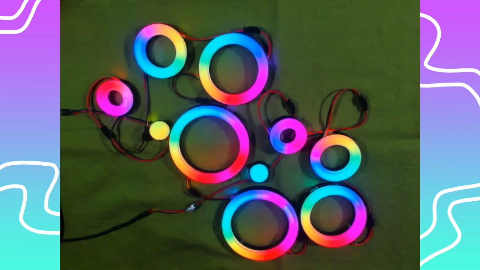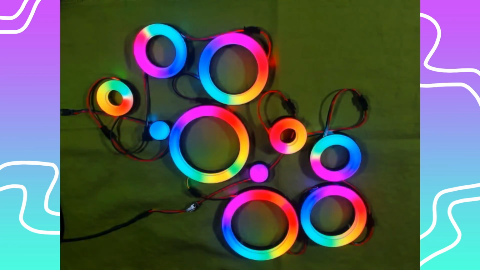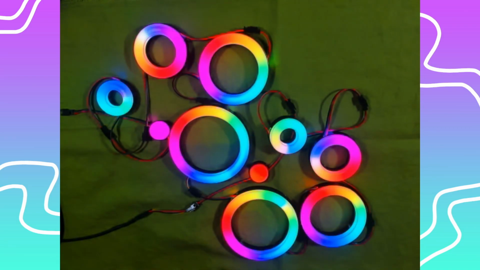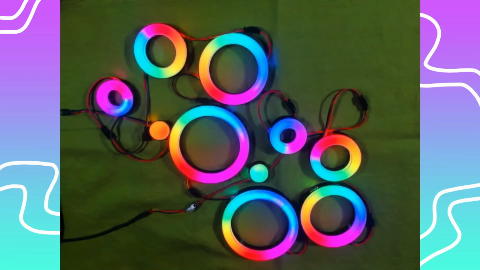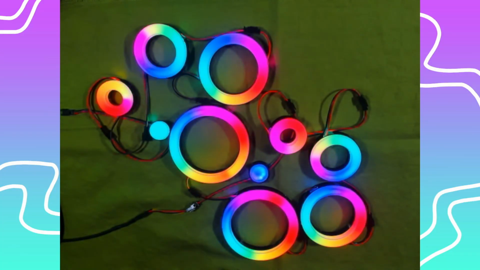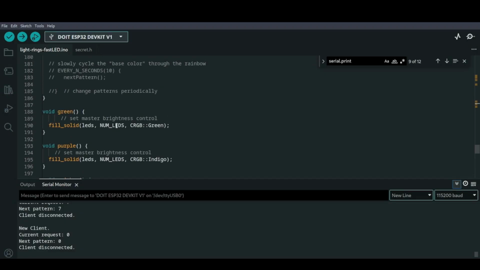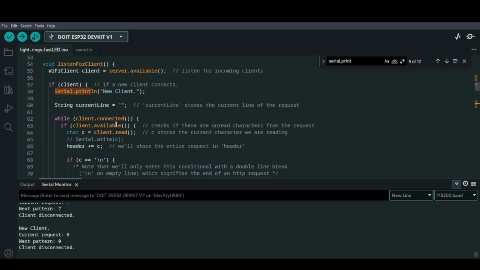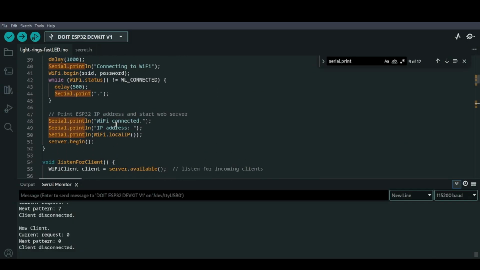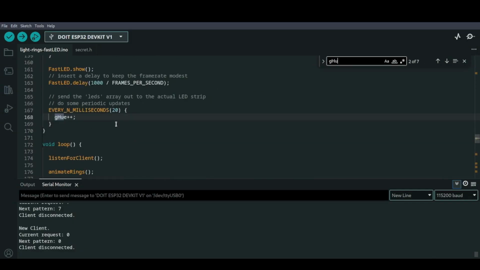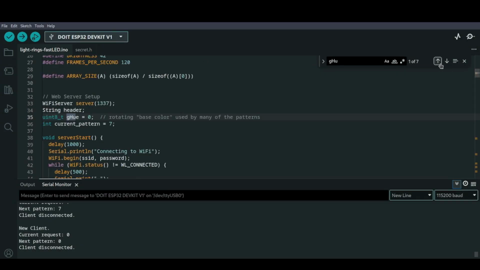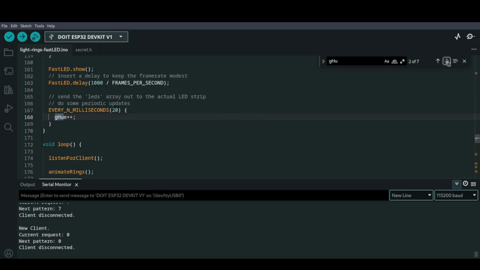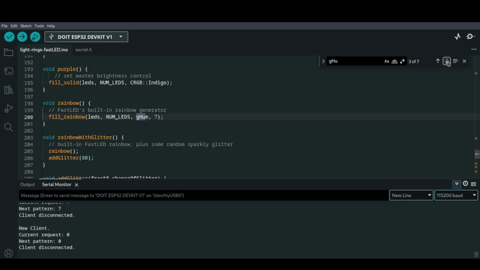Still trying to get a hang of how exactly it's working. Now the fill solids are pretty easy, but gHue. So I've got to figure out how this gHue variable is working. Where is that one? Let me use my find. gHue. Okay, so I did find a Streamerbot wiki on GitHub. Okay, nice.